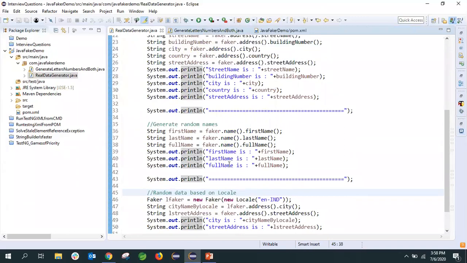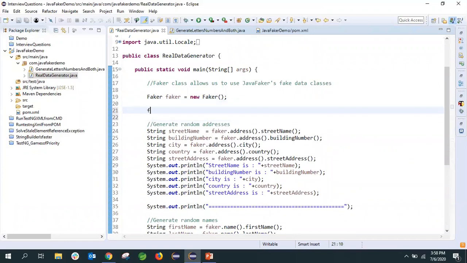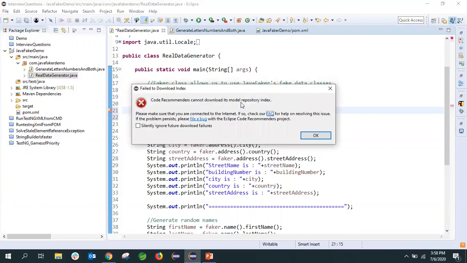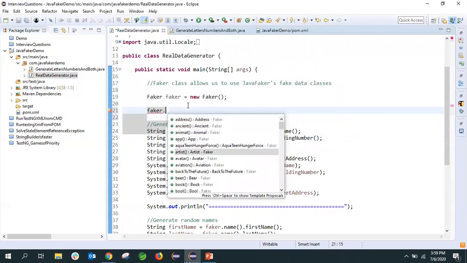Most of the data that is required is available in this API. If you want more of this data, just use this class, and it will show auto suggestions of all the things we can use. We can get the address. We can use different animal names, Baptist names, avatars, and then we have business, color names, company names, country names, currency, and then other things like